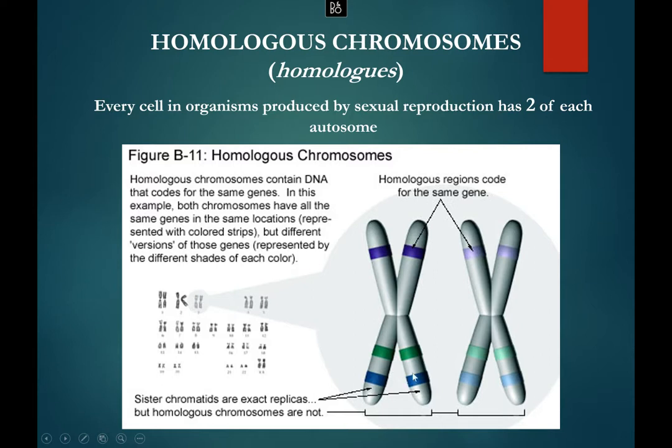So these two here are what we call sister chromatids, meaning they are exactly alike. They are the exact same copy of a chromosome. However, one from mom, one from dad, this is what we call a homologous chromosome, meaning this is coding for the same thing, right? So I said this was hair color from mom. This would be your hair color gene from dad. They code for the same things, but they are from different parents. The ones that are attached are sisters, and then these two are homologs.